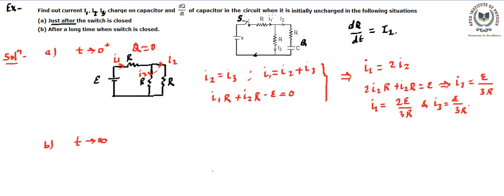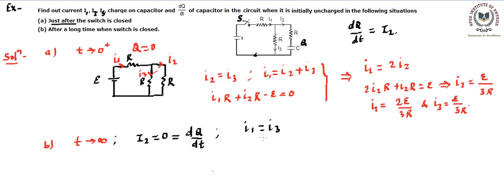So from this point of view, we can claim that in this particular situation, I2 will become equal to 0. So there will be I2 equal to 0, no current will be passing through it. Hence dq by dt will be 0. Moreover, since I2 becomes 0, using this equation, which is the junction law, which is always true, we can claim I1 is going to be equal to I3.